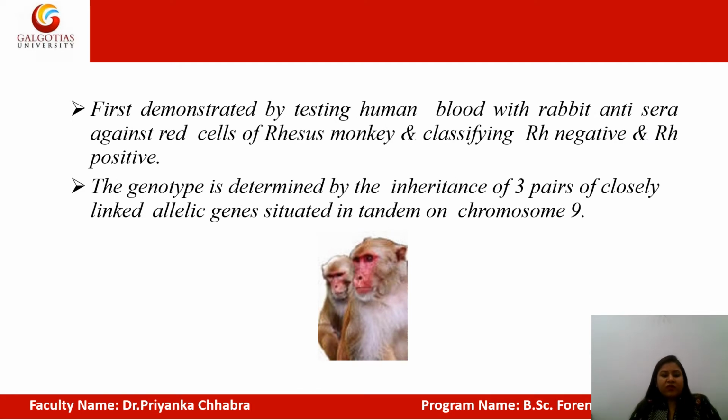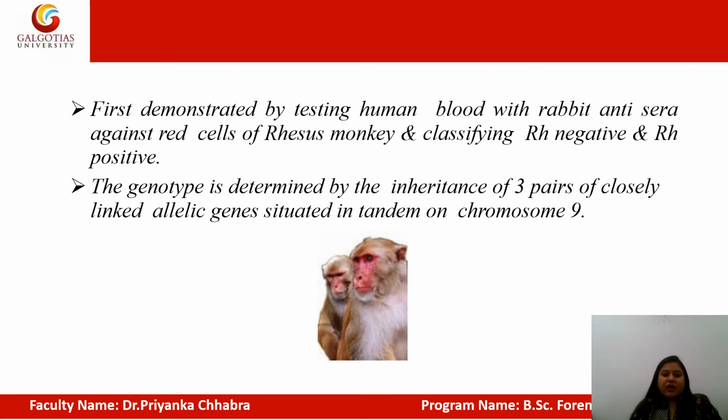How did the discovery of the Rh factor take place? Firstly, RBCs from rhesus monkeys were injected into a rabbit. When injected, the rabbit makes antisera against the foreign substances. Then the antisera from the rabbit were isolated and tested on the RBCs of the rhesus monkeys. In all rhesus monkeys, they showed a positive reaction with the RBCs. So it was found that the rhesus monkey has an antigen on its RBCs, known as the rhesus antigen.